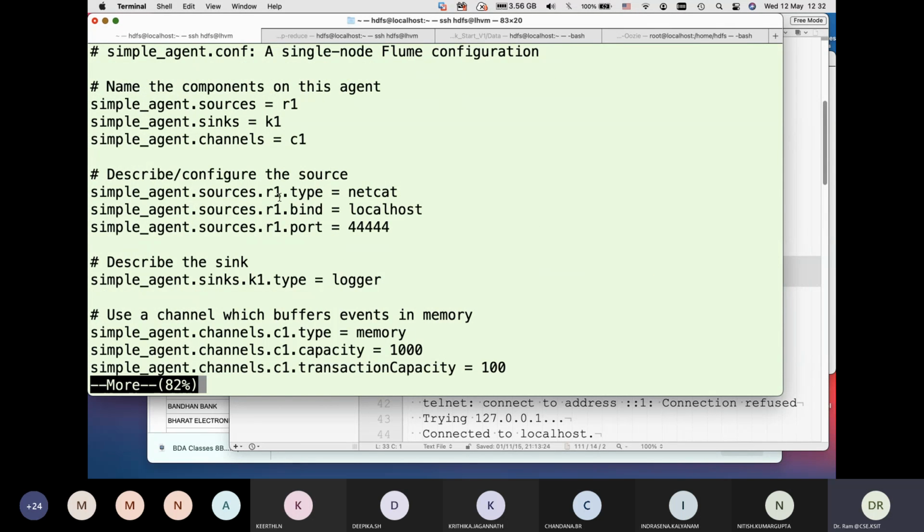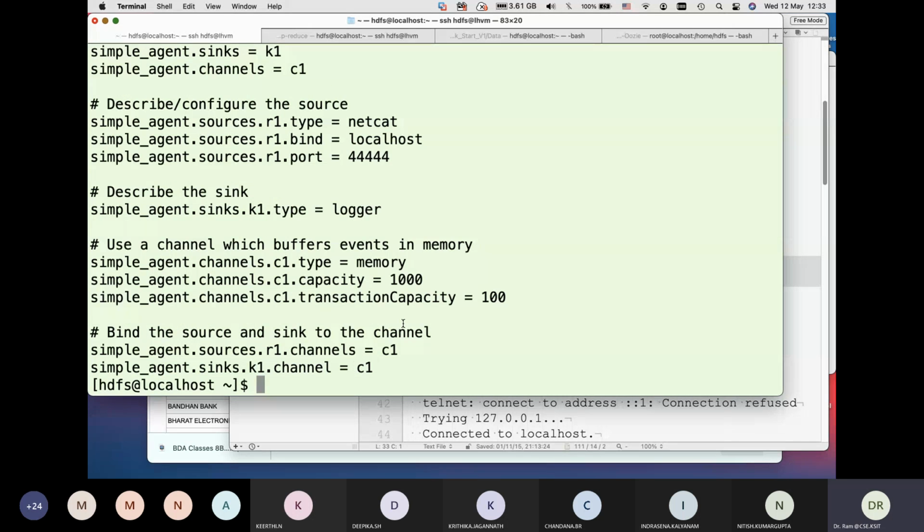It says the source would be of type netcat, or NC, running on a local port. So expect data to come from Netcat. Netcat basically means all TCP data. So depending on the source, it can do the respective processing. We're saying only one channel. For multiple channels, it will give C1, C2, C3, and then describe the sink type, a logger, and so on. So let's run this Flume agent.